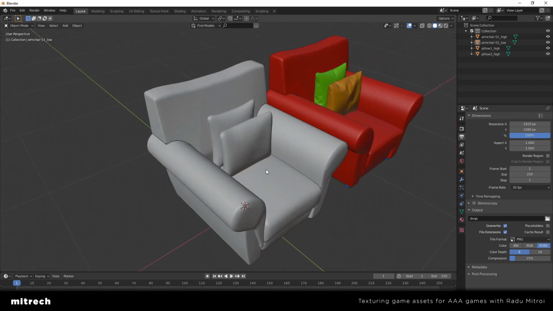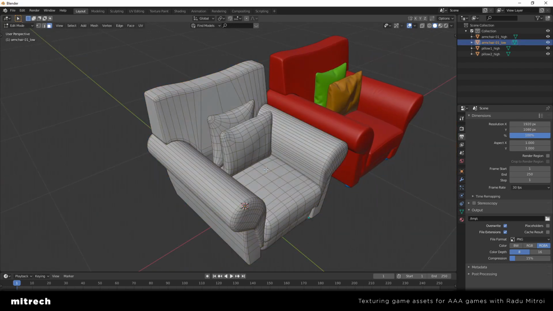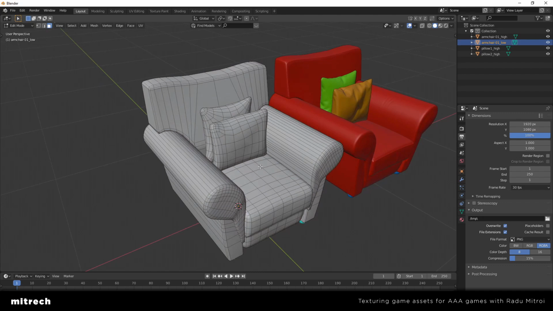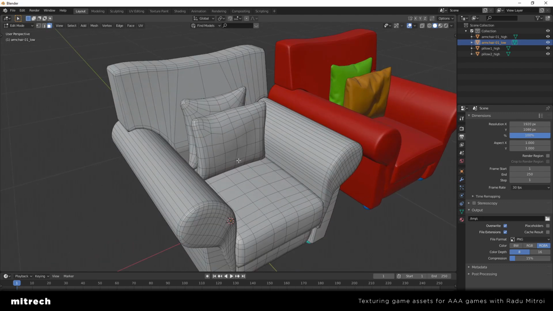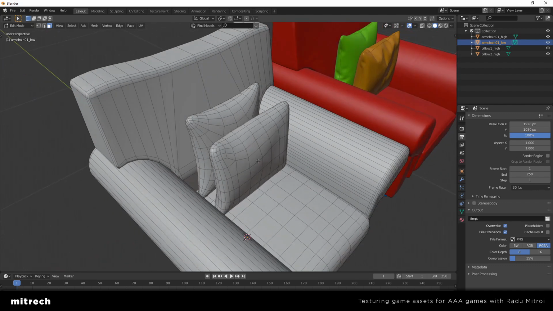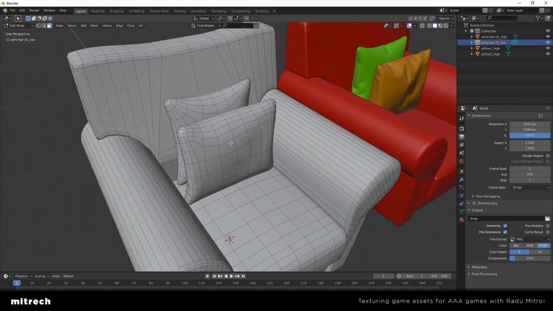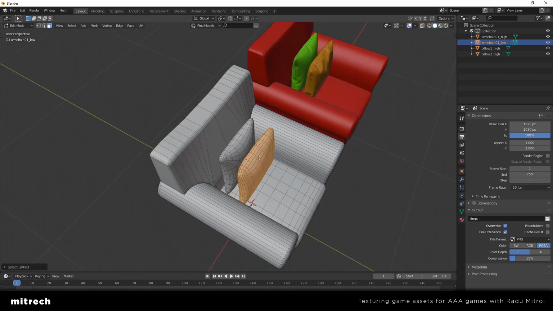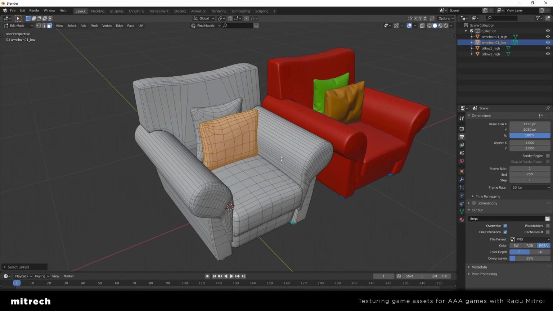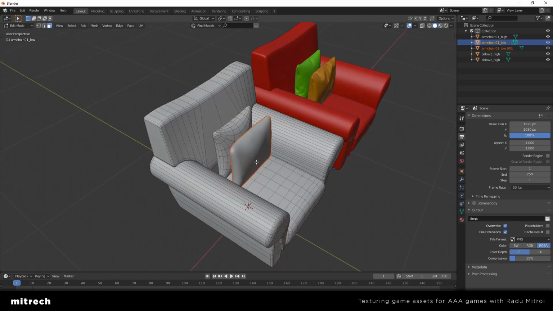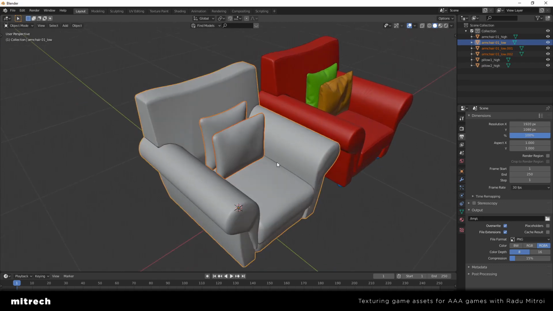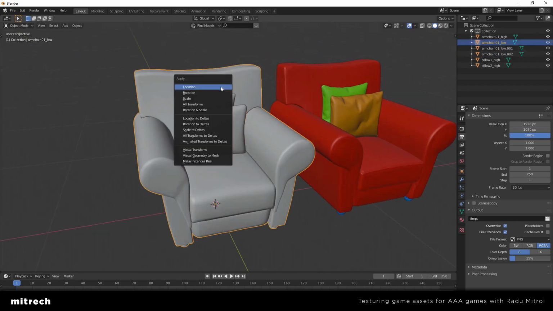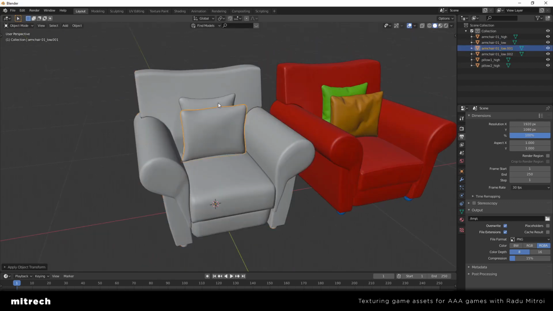Alright, so for that I'm just going to edit mode. I use the face selecting tool, and I'm just going to hover over this part of the mesh, over this pillow, press L. That's going to select the whole object, as you can see. And now I'm going to press B and do selection, and now this is a separate object. Now I'm going to do the same for the other pillow, and now we have 3 objects like this. Alright, now what I'm going to do is apply rotation and scale for those,